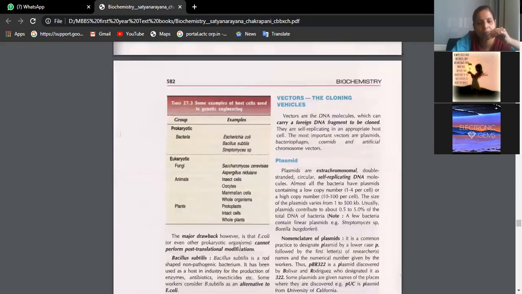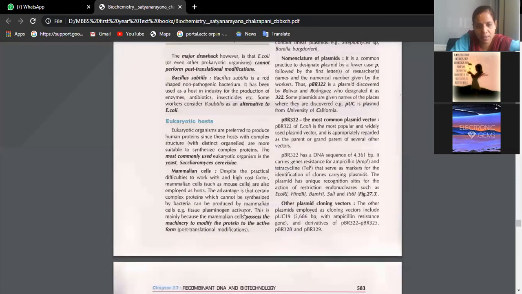Once you know the basic concept, this table you should know. Make a note immediately, page 582, or take a screenshot. You should give this table also. Many bacteria are there, like E. coli, Bacillus subtilis. You should give the examples. I told you bacteria is utilized, no? The plasmid is being cut, and part of the DNA is being incorporated to form recombinant DNA. So these are the bacteria we can use. We can use fungi, we can use animals, we can use plants. All these can be used for the synthesis of the required protein with the help of rDNA technology, recombinant DNA technology.